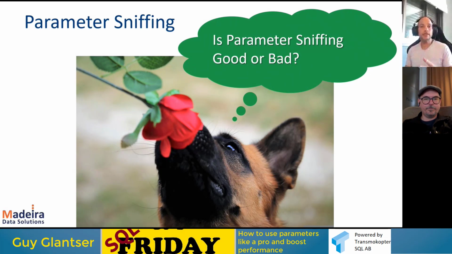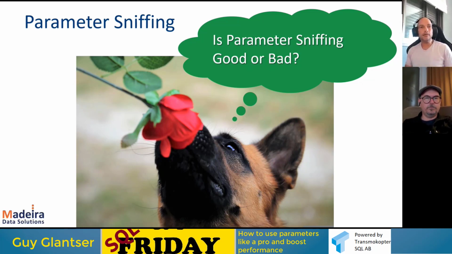Now, the big question here is whether parameter sniffing is a good thing or a bad thing. It might sound like a good thing, but it's a good thing only as long as the distribution of values within the relevant column is more or less uniform. It's the same. And also the distribution of queries, by the way, the distribution of how you use parameter values. Okay, this is also important. In this case, the fact that SQL Server can use the value of the first parameter and generate a plan is great, because this plan would probably be the best plan for most cases, at least, because we use the same or similar parameter values that would generate the same plan.